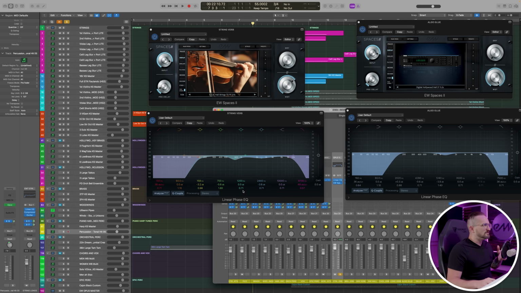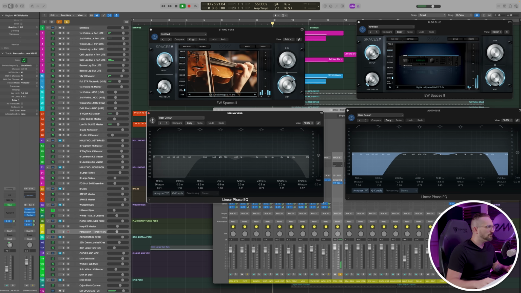Let's go ahead and solo the reverbs so that you can hear what each one is doing. And we're gonna go ahead and solo the Southern California Hall strings reverb that I'm using, again, just for those string sustains. And I'm also gonna toggle the EQ on and off so that you can hear how much it's tightening up that sound. And that might not seem significant in isolation, but in the context of the full mix, again, that EQ is really gonna help to just clear things up and give you a much more even and clean mix.